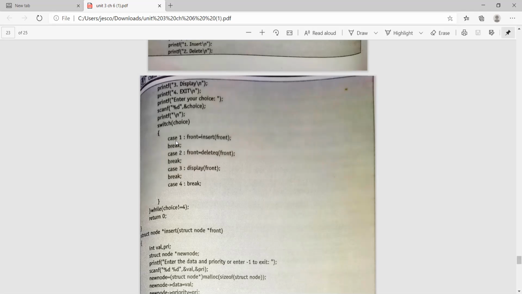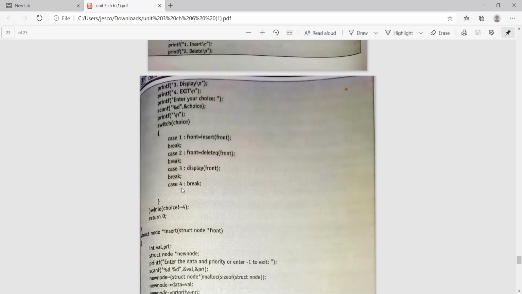Then we put that choice into the switch cases. That means if the user enters the first choice, it will add the element. If he enters the second choice, it will delete the element. If he enters the third choice, it will display the element.